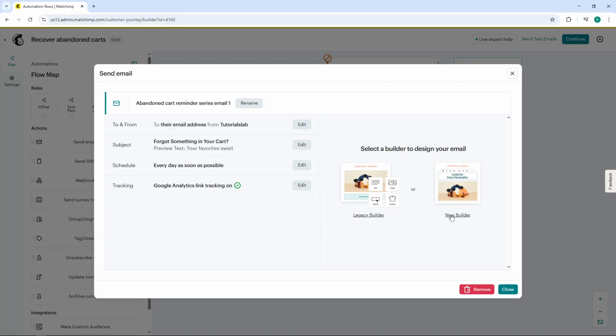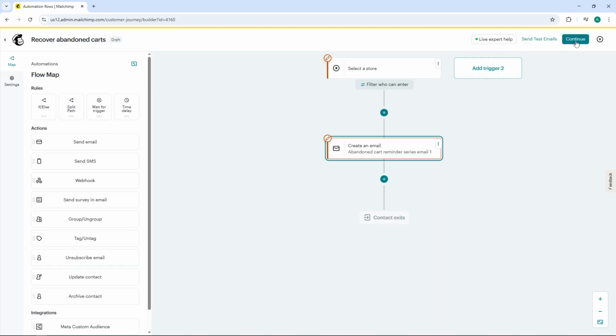Once you're satisfied with your email design, click Save and then click Continue in the top right corner of your screen. And there you have it, you've successfully set up an abandoned cart email automation that will help recover lost sales